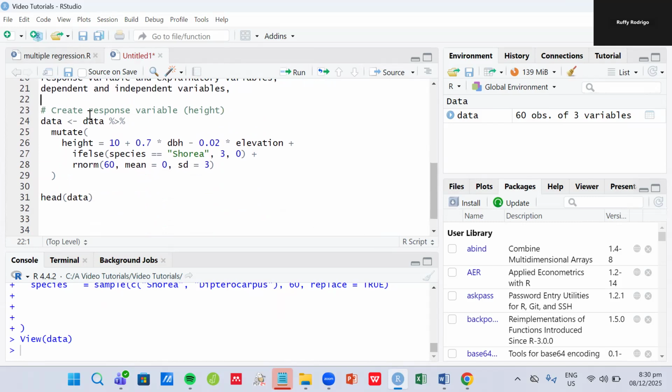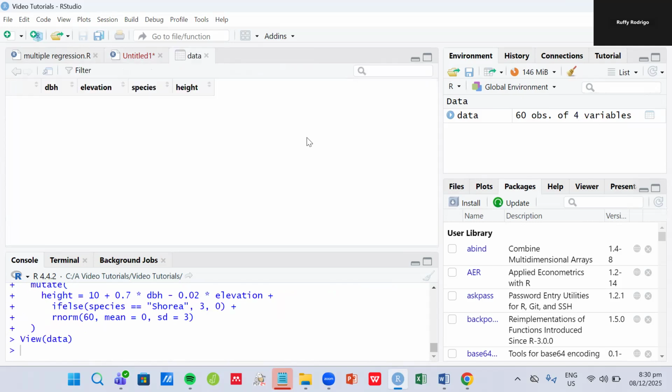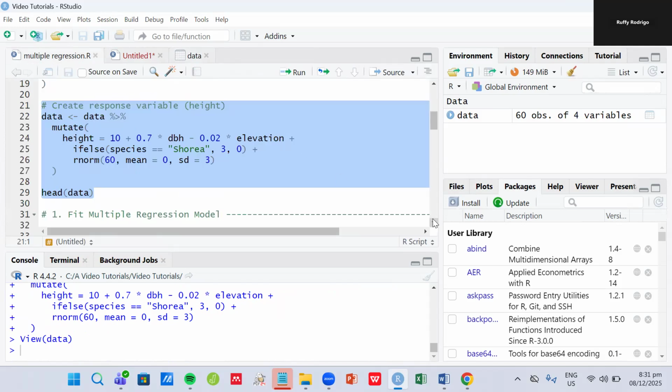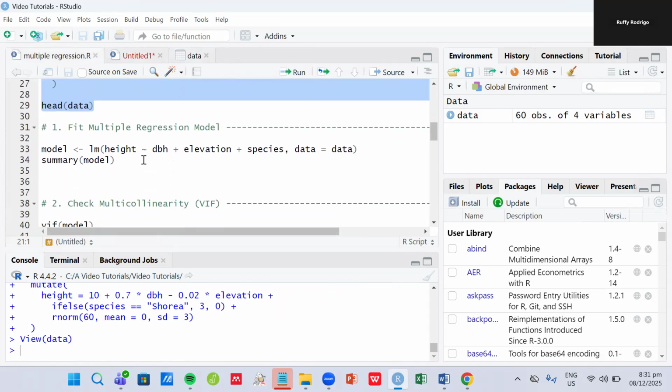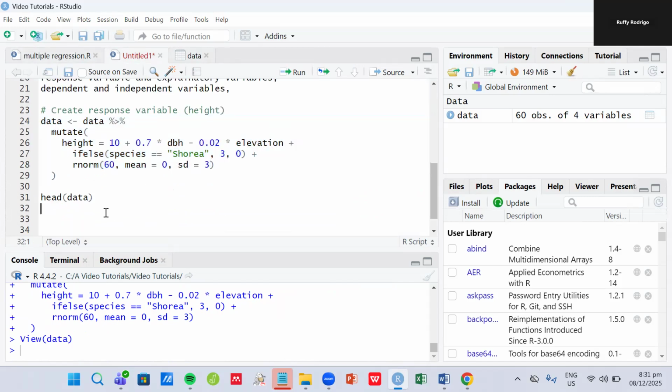So create a response variable, height. Just run it. Now our variable is height. Maybe we wanted to look at whether species is affecting height, and whether elevation is affecting height. So let's have a simple regression model. All right, so now let's run this simple model and fit multiple